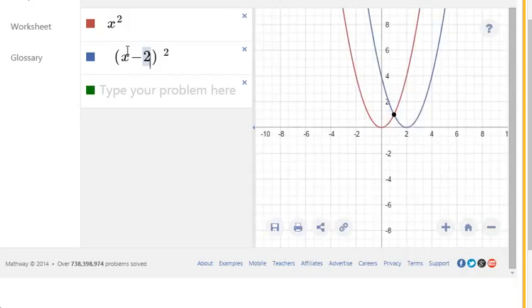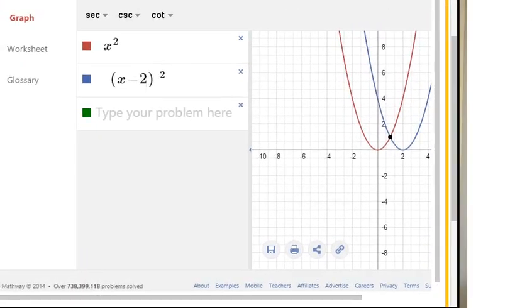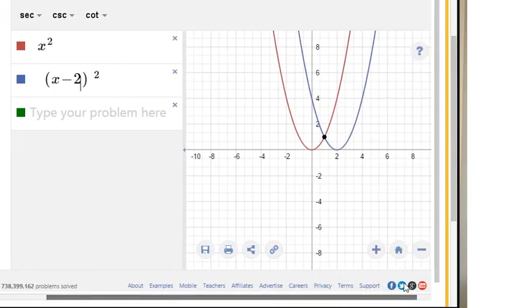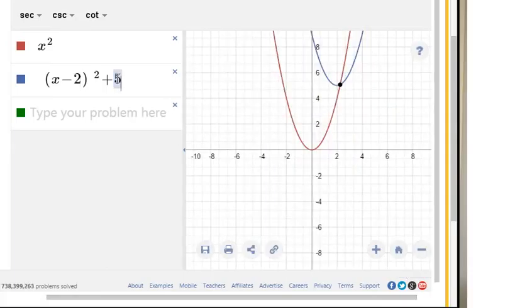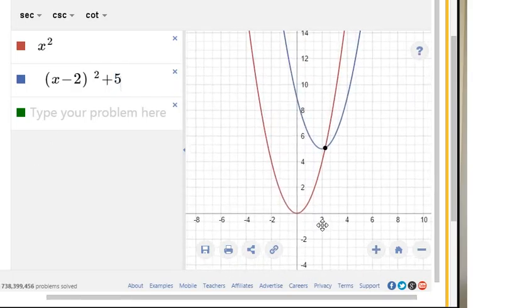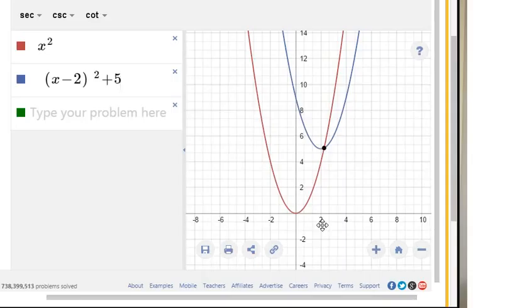So I've shifted the graph over. The red graph goes over to the blue graph. So far so good, huh? And now what I want to do is shift it up 5 units. I know how to do that. If I hit plus 5 here, that gets me right where I need to be. But now I need to stretch it vertically by 3. I'm going to slide this down a little bit so we can see. Now stretching it vertically will make it skinnier. If I put the 3 here,